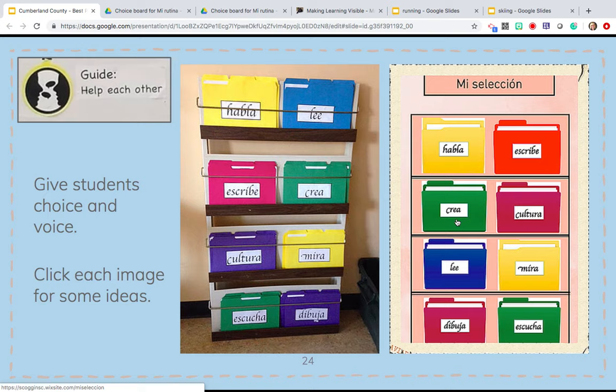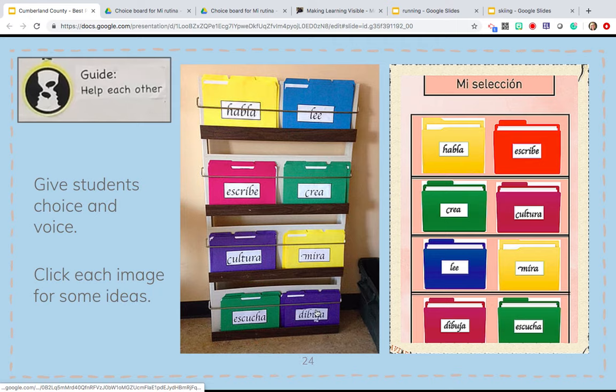But again, it gives students the opportunity to choose something that they either want to work on or something that they know hits their learning style. Of course, my kids know what these words mean. What I typically do is require usually the speaking one, so that I make sure I get language production from all the kids, and then maybe have them choose 4 others, so that they're doing a total of 5 out of 8. So again, it gives them ownership of what they're doing. It puts them in the driver's seat, and so they can say, well,